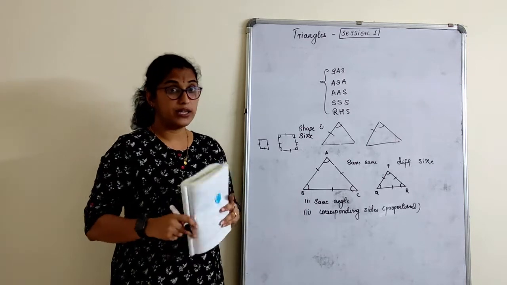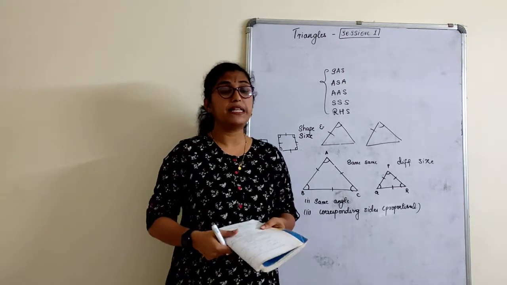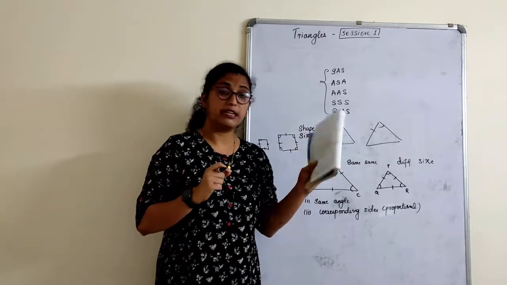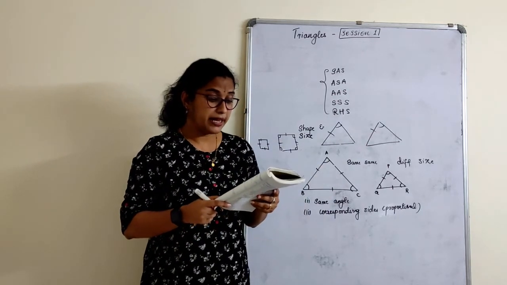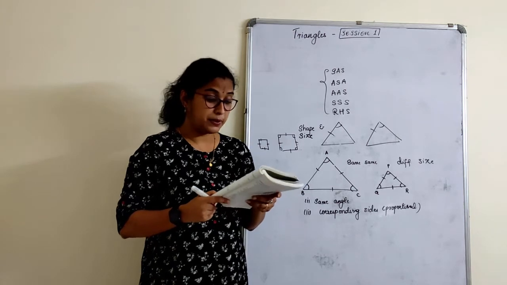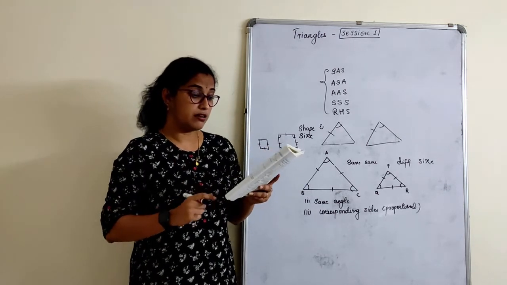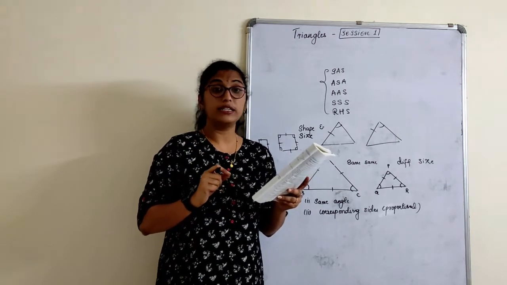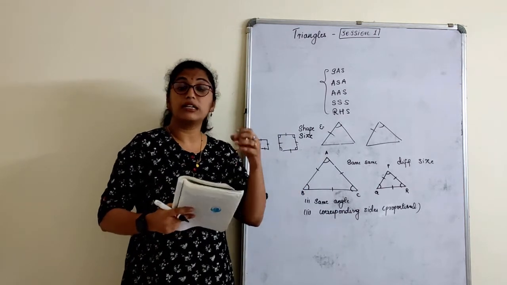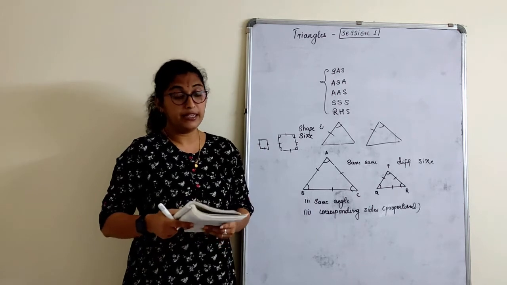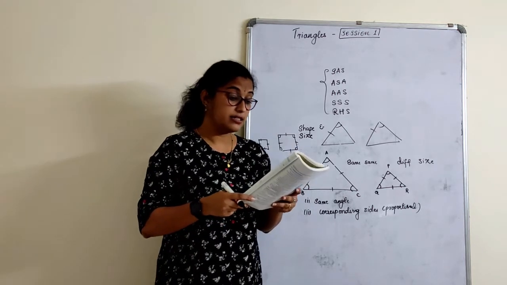First exercise is very simple, children. Just take a pencil in your hand and go on marking that in your textbook. Later you can copy that in your notes. Fill in the blanks using the correct word given in the brackets. All circles are, two options are given, congruent and similar. So all circles are similar because we never know what are the radii of the given circle, right? So all circles are similar.